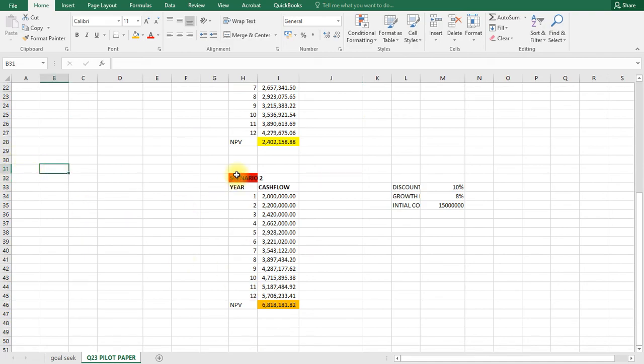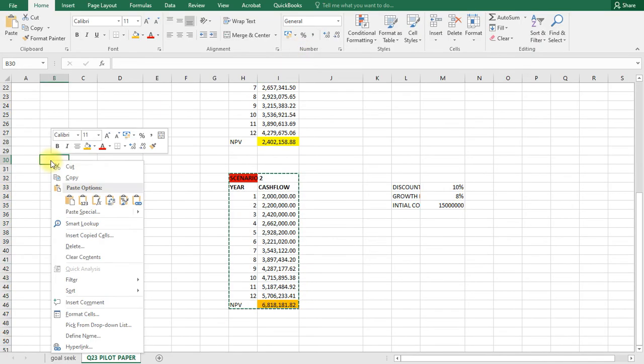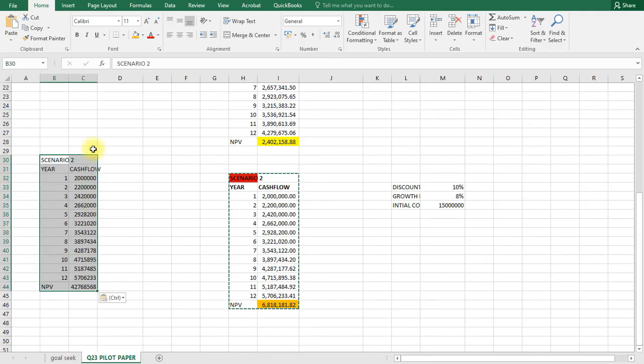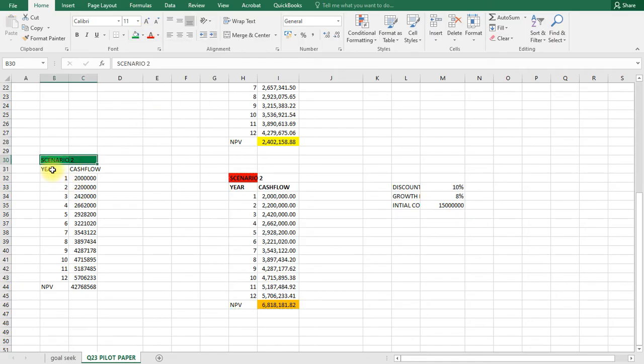My scenario 3, I will copy this, I come and paste it here with formulas. This is my scenario 3. I'll bold this and I bold this. In my scenario I'll bold it. I'll merge that,